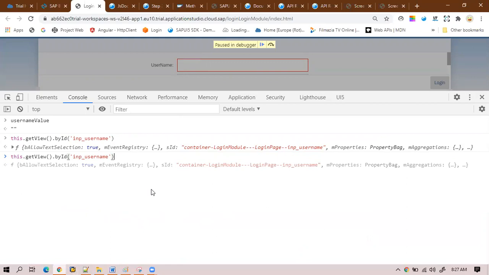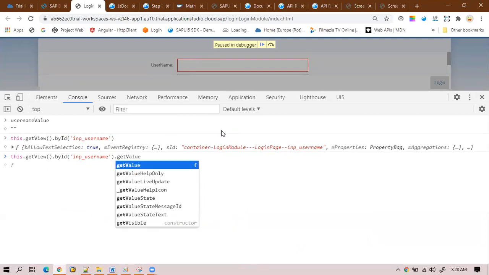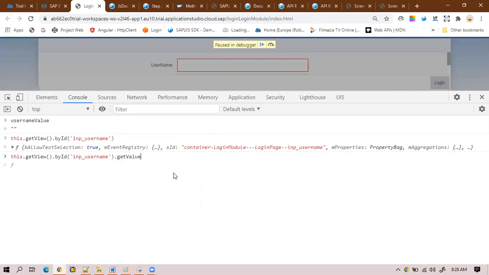For the input field, if I want to get the value, I can simply write dot get. The console will automatically give us the different options which are already available for this input field. If I type value, then I can see the option comes up automatically. So getValue is a method which is already available for the input field. Once I click it, since this is a method, the parenthesis is compulsory. If I give the parenthesis and enter, I can see the same thing: empty, because there is no value at all.